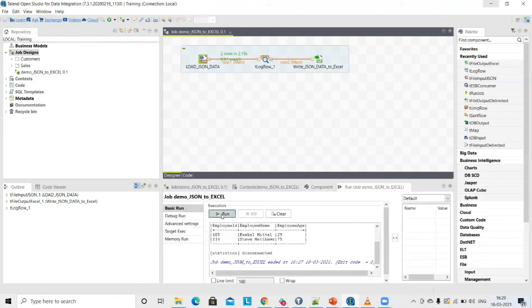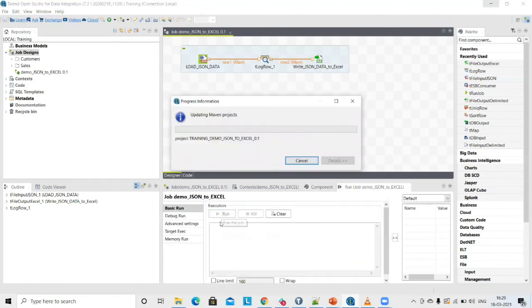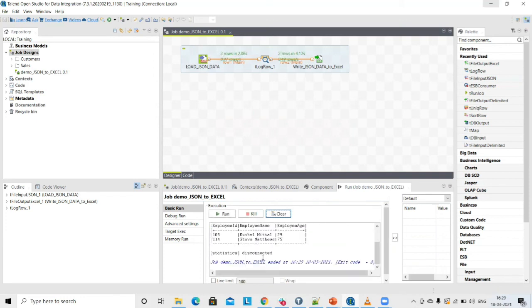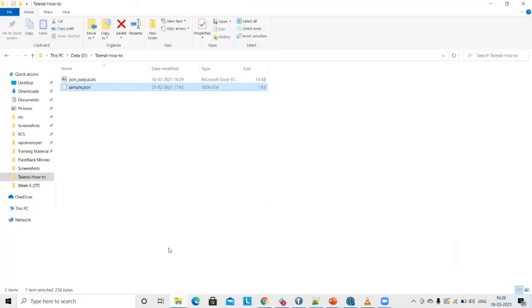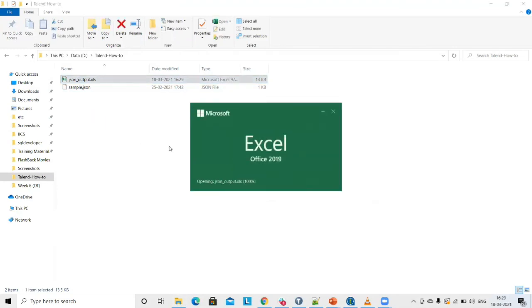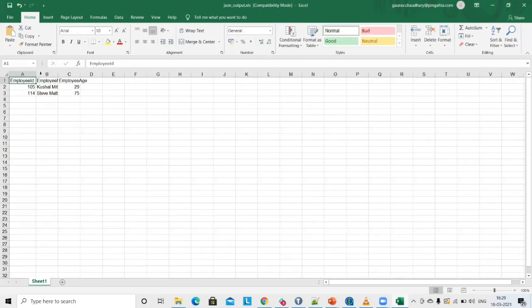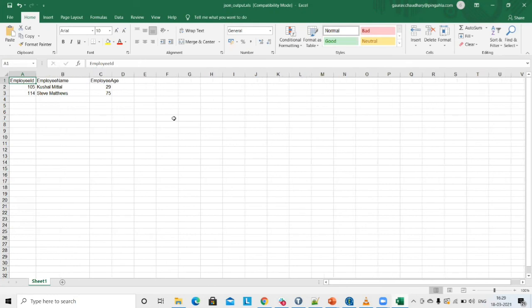Now let's save the job and you can run it in the run tab. You can see this is a successful one. Let's see the outcome. As you can see, it has all the columns.